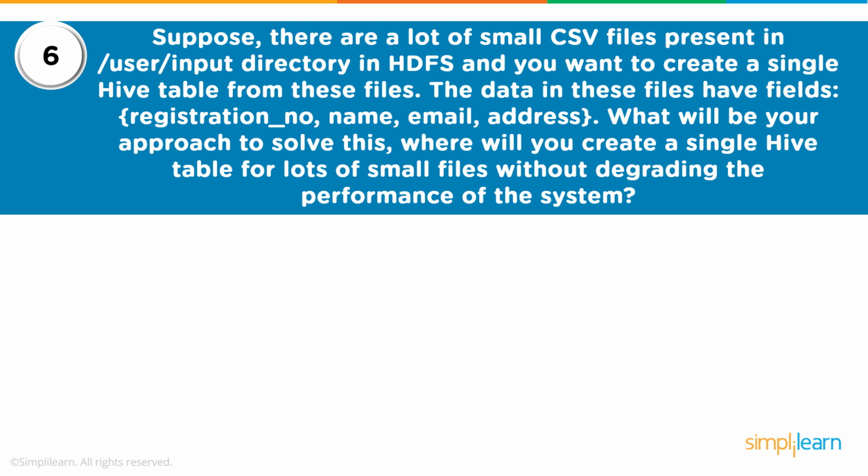And we also know that Hive does schema check on read. So it does not do a schema check on write. So in case there were one or two files which did not follow the schema of the table, it would not prevent data loading. Data would anyways be loaded. Only when you query the data, it might show you null values if the data which was loaded does not follow the schema of the table. This is one approach. What is the other approach?